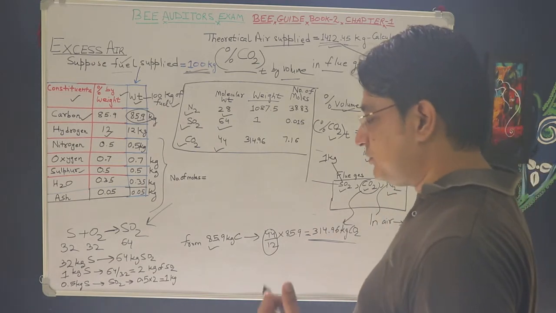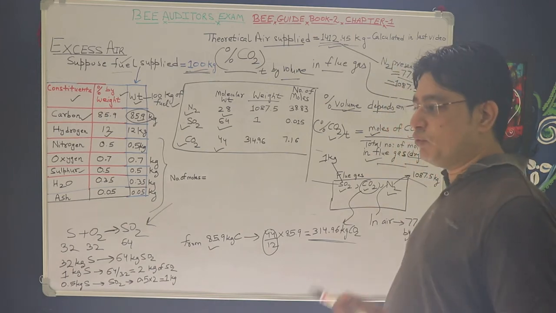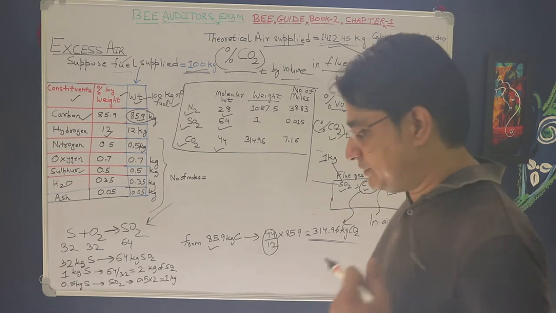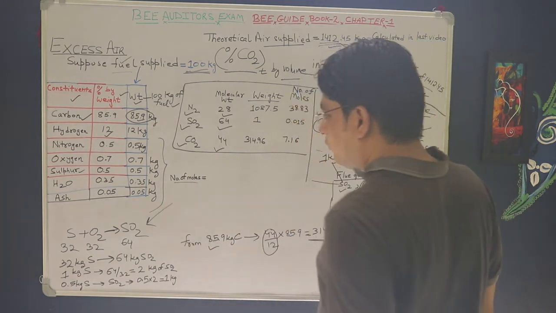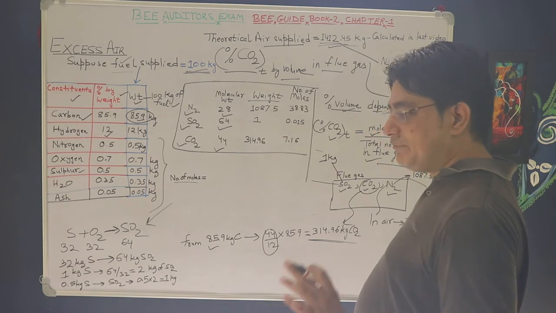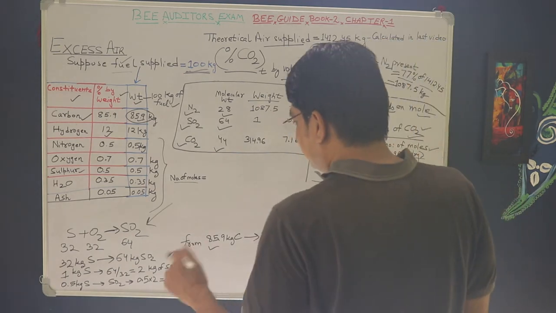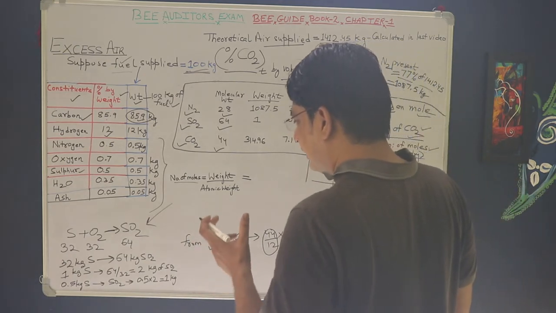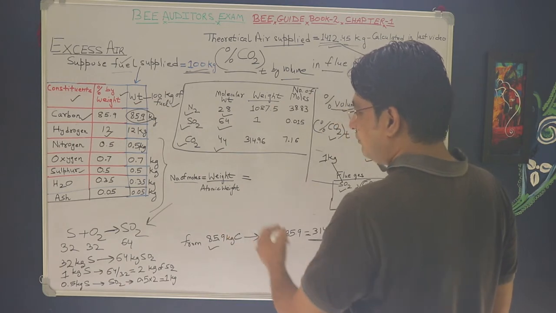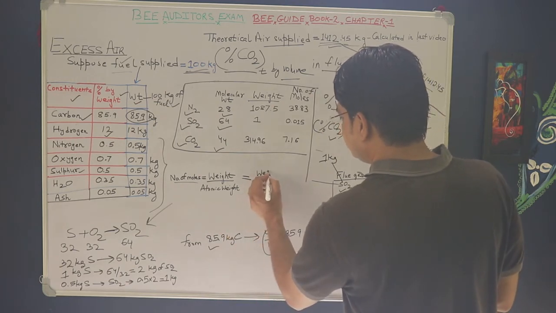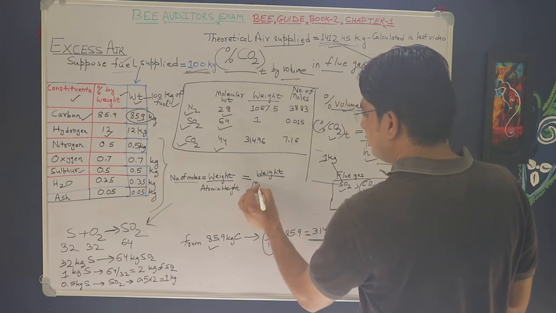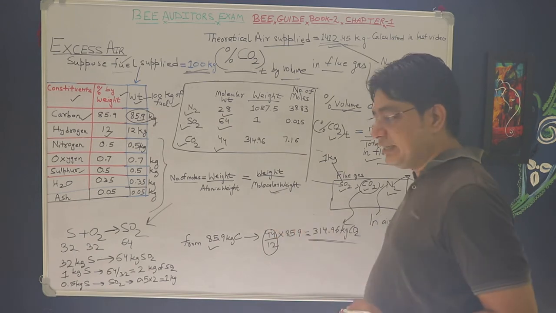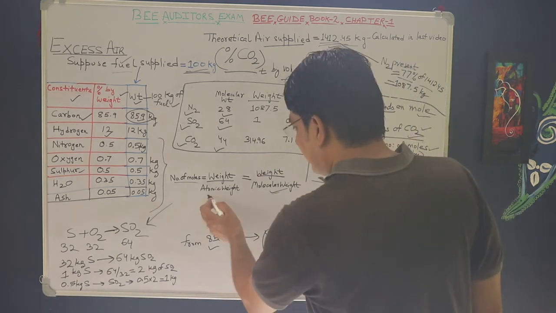For that we must know how to calculate the number of moles of any substance present in the given quantity of that substance. So friends, the number of moles of any substance present in a fixed quantity is equal to weight divided by atomic weight if we are calculating for an atom, and for a molecule the number of moles will be equal to weight divided by molecular weight, because for a molecule we are interested in molecular weight and for an atom we are interested in atomic weight.